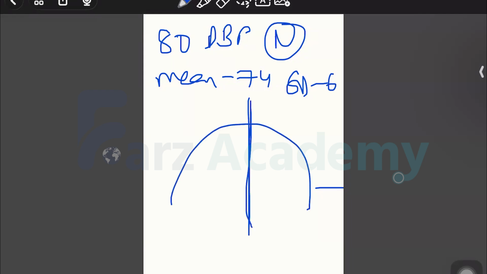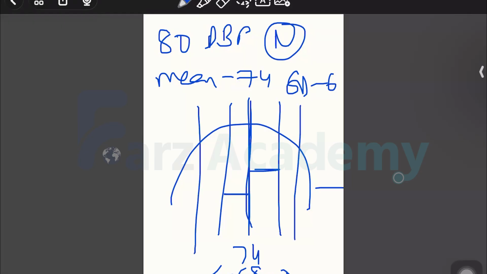Here is my mean, median, mode 74, right? So plus and minus 1 standard deviation is going to cover 68%. That is why last time when I was discussing, we said this becomes 34, this becomes 34, right? Plus minus 2 standard deviations within the mean will cover 95% of the population. That means this would be 47.5, this would be 47.5, right? And the rest, 99.7%, will be covered under 3 standard deviations, plus minus 3.